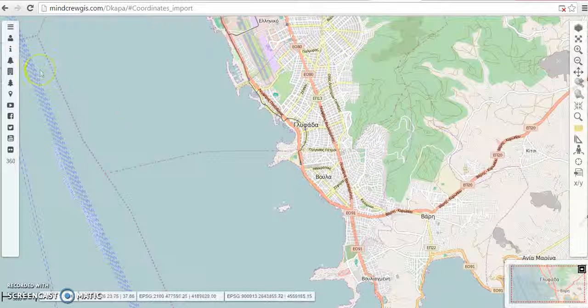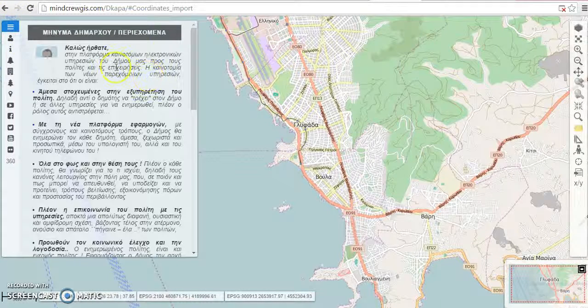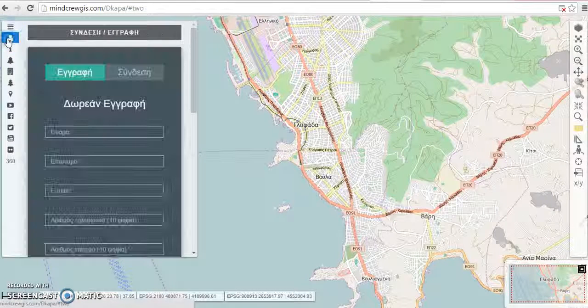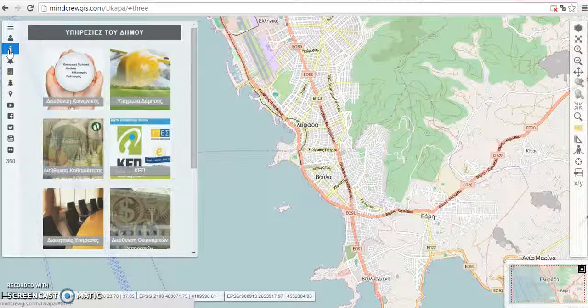Now I'm going to the left panel side. The first option is here for a municipality or any official message, if there is one. The second option is here for the login. If you have any user specific data or any secured data which you want to display to specific users, they can log in and see. The third option here is for the staff or departmental data.